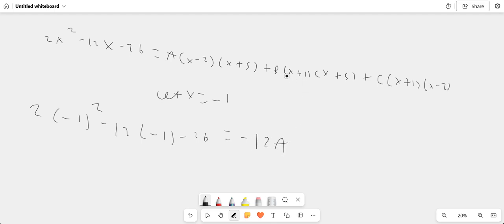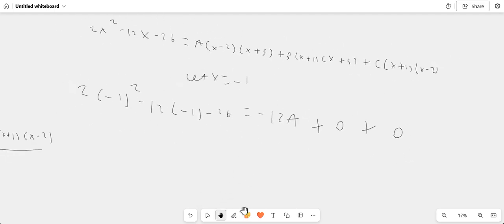And now, for these ones here, minus 1 plus 1 is 0, yeah? So 0 times whatever that bracket is, doesn't matter what it is, it becomes 0. And 0 times that b is 0, so that's plus 0. And same with the other one as well, because that's the x plus 1 bracket. That's minus 1 plus 1, that's 0. 0 times c is 0, so it's just plus 0 again. So we're just left with the left-hand side equals minus 12a. The left-hand side happens to be minus 12. So that's minus 12 equals minus 12a, and so a is just equal to 1. You get